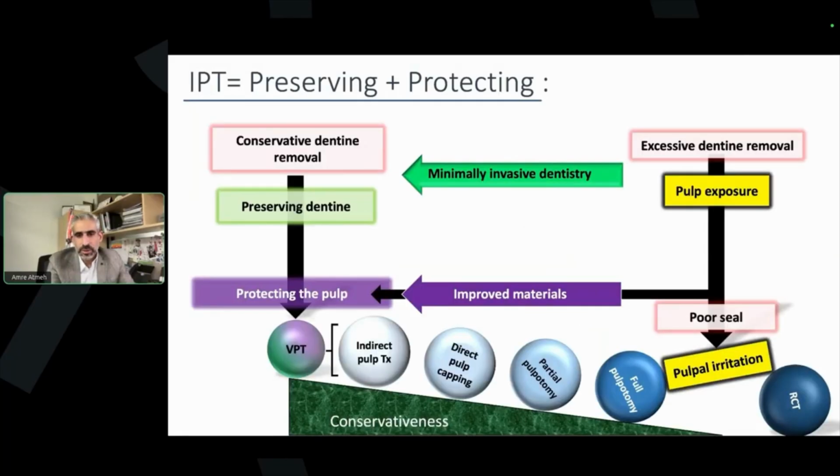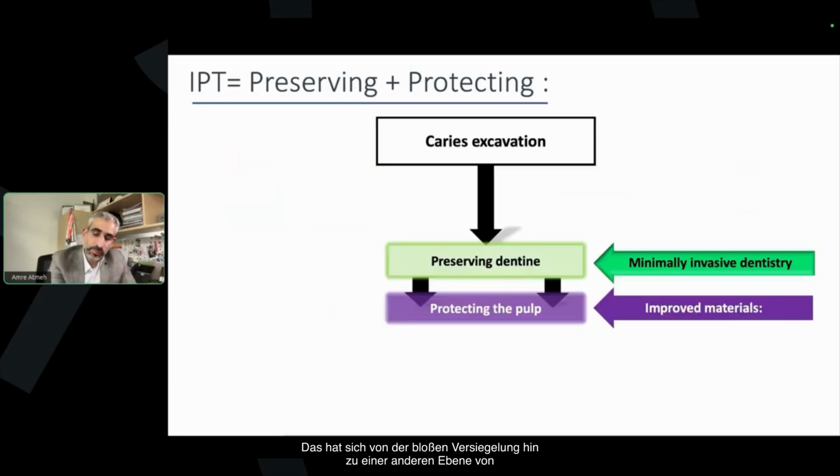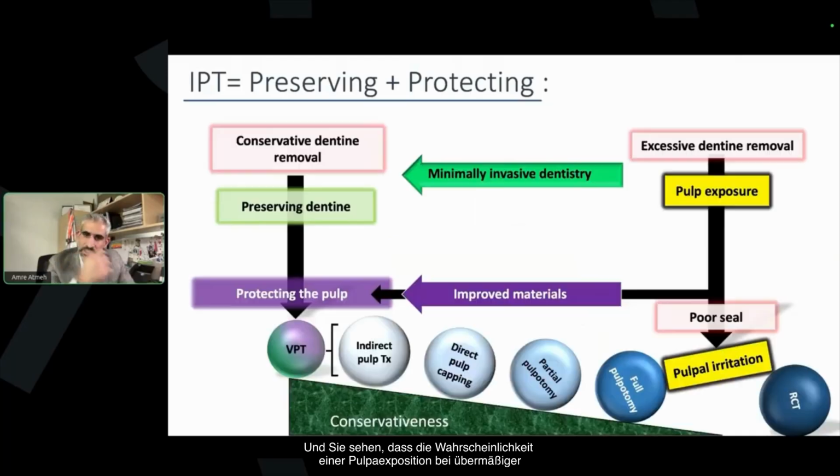The materials that we have, especially with the introduction of calcium silicate cements, introduced a new level of properties, and shifted from just providing the seal to a combination of effects. And here we can combine both the dentine preservation and pulp protection with the pulp capping